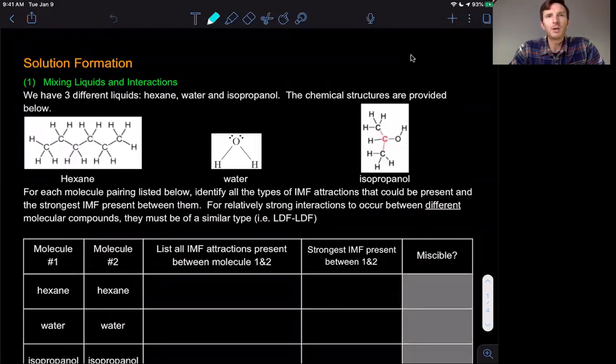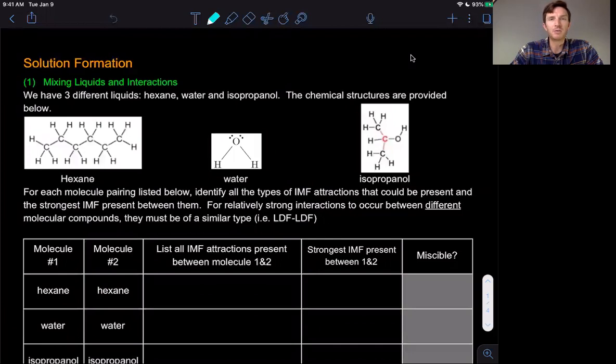Well, welcome back. What we're going to do now is look into the energetics related to solution formation. In our previous videos, we've looked at intermolecular forces and how that relates to the interaction of a molecule and another molecule of the same substance and the attractions between them. And so now we're going to look at what happens when we make a